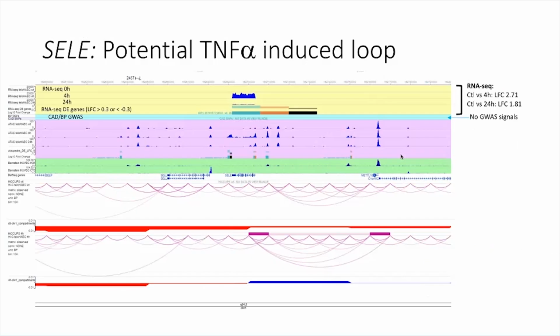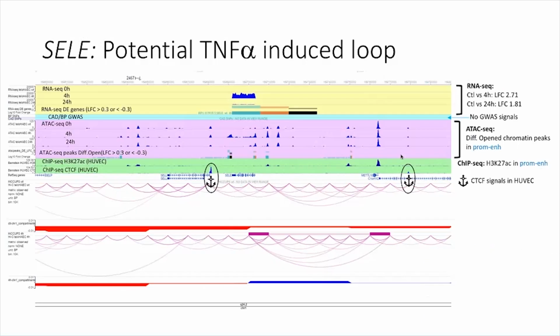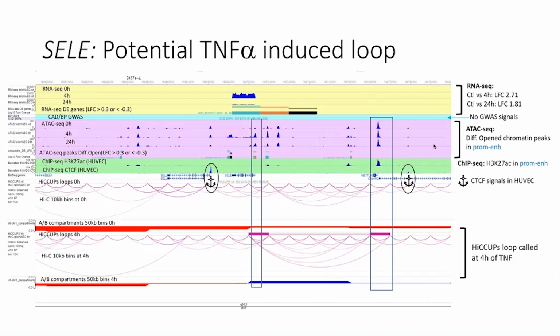However, we do see evidence of local looping changes upon TNF induction, but overall the changes are relatively small. So this is not an optimal system to study how well variation in looping correlates with methylation, but we are able to show that